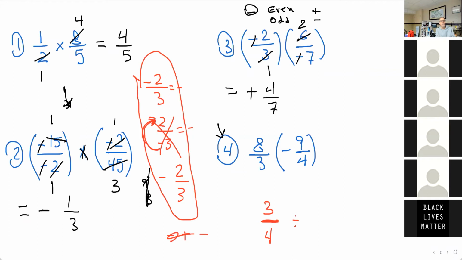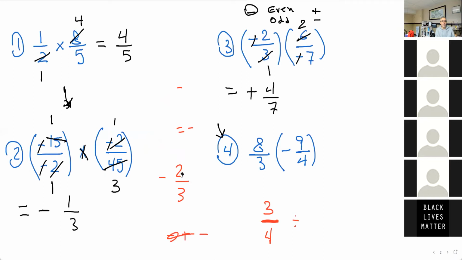And let me now go on to the last question here. Now we agree this is multiplication. You could, if you like, change it to 8 over 3 times negative 9 over 4. But you could leave it like this, and it means multiplication as well. Now the answer is going to be negative because we have one negative number, then positive times